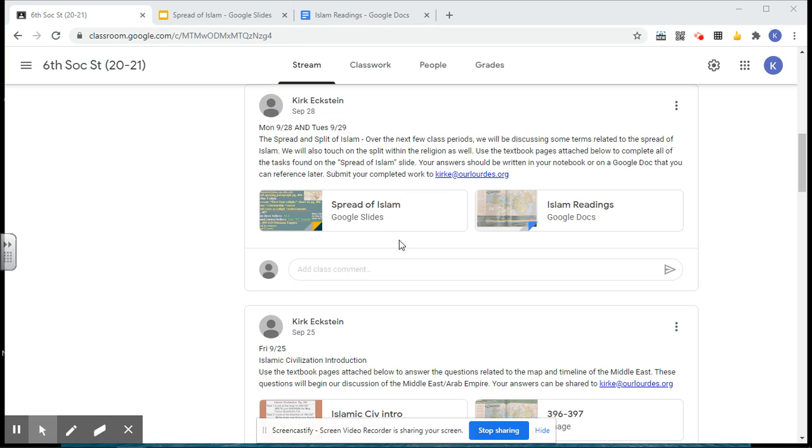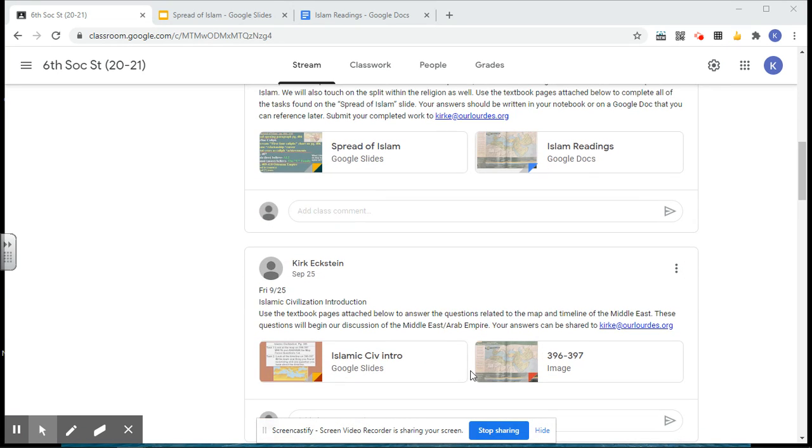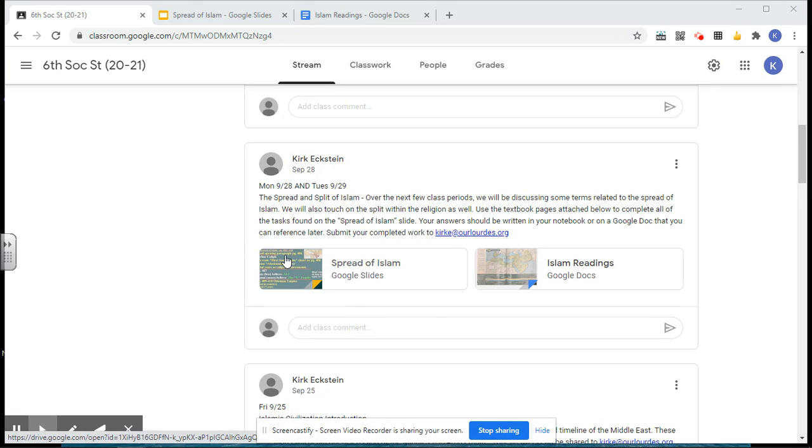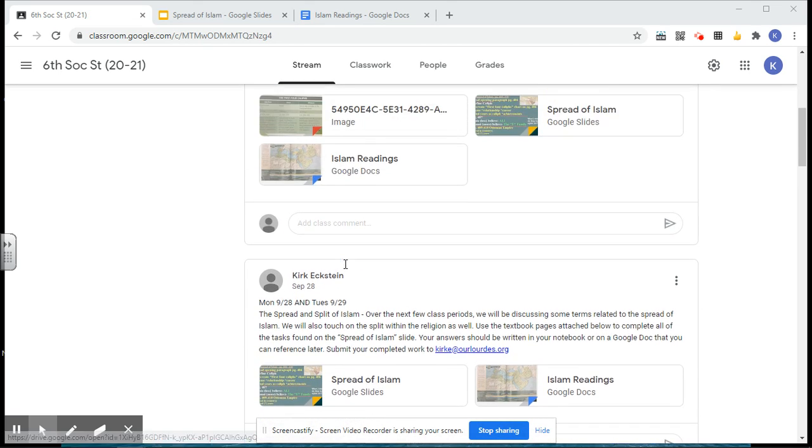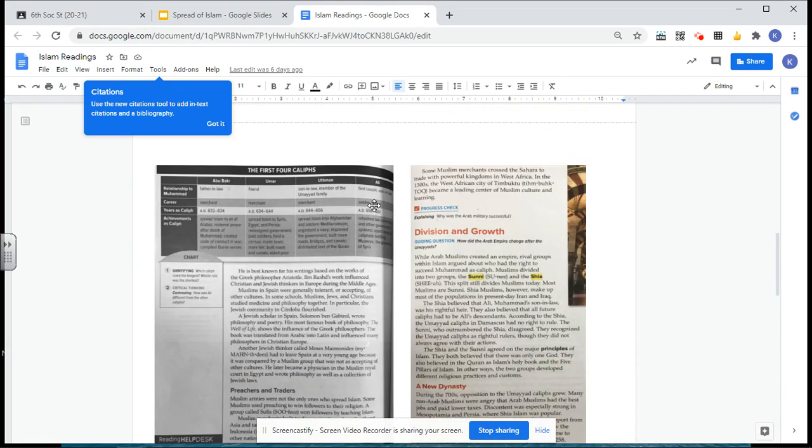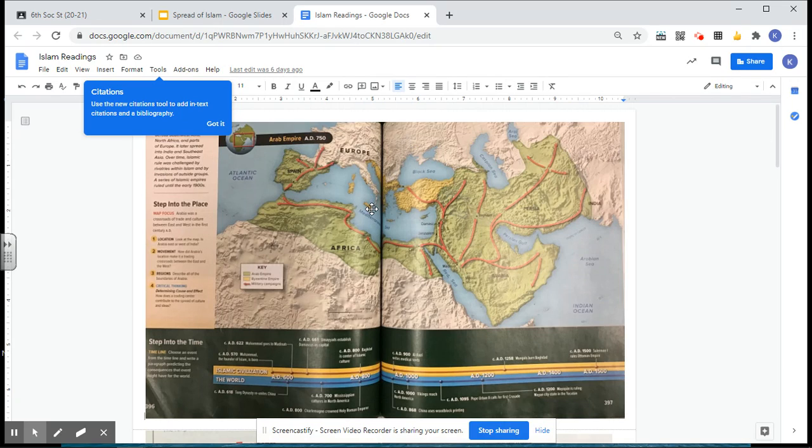As you can see, we have these intro to the Islamic civilization questions. And then we had the spread of Islam slide that has a bunch of other stuff on it. So just to start out here, I'm going to open the readings page and just look at this first map. I'm not going to go through all of these questions over on the side, but generally speaking, just so you all have a heads up as to what we've been talking about,